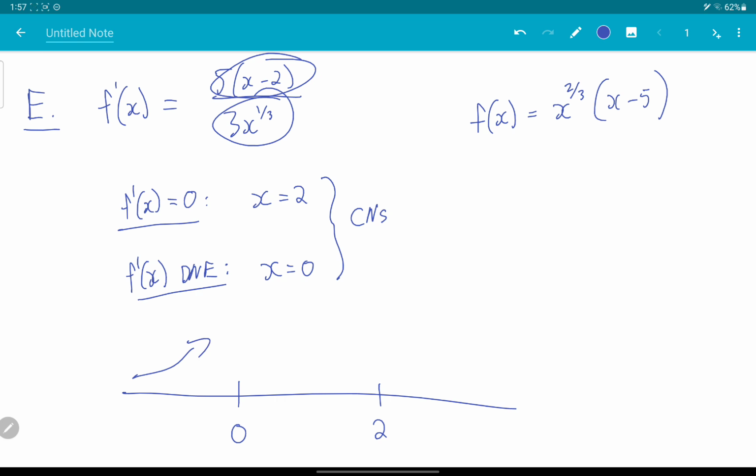And then if I choose 1, the number 1 here, I'm going to get negative over positive, overall giving me negative. And then finally, if I choose, say, the number 3 over here, plug it in here, you get positive over positive. So it's increasing. Again,